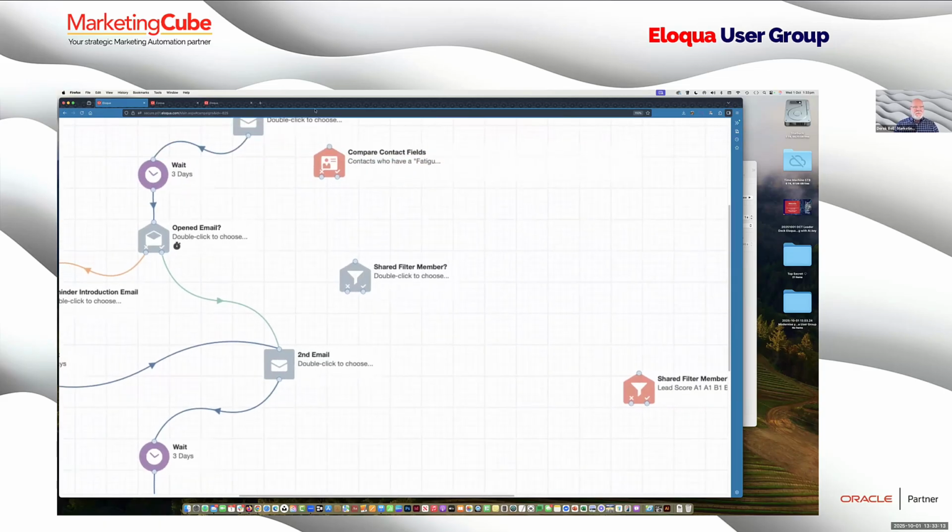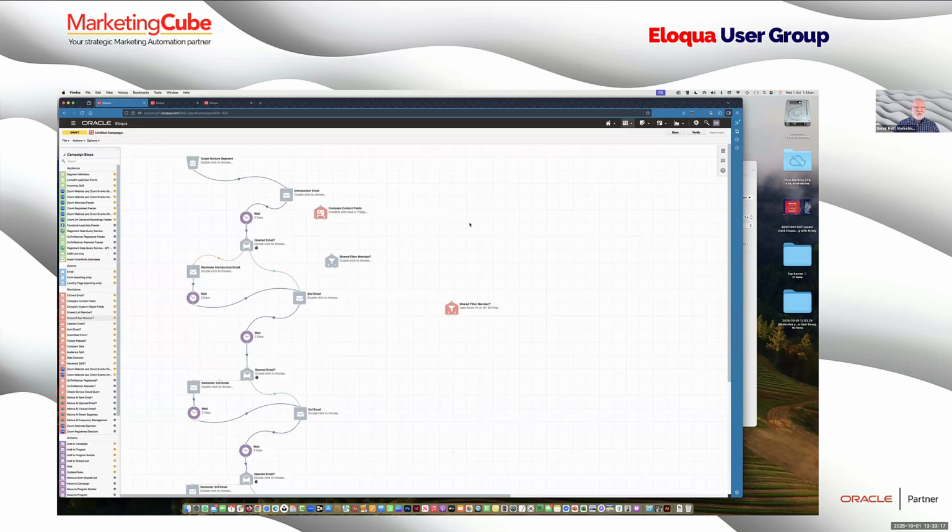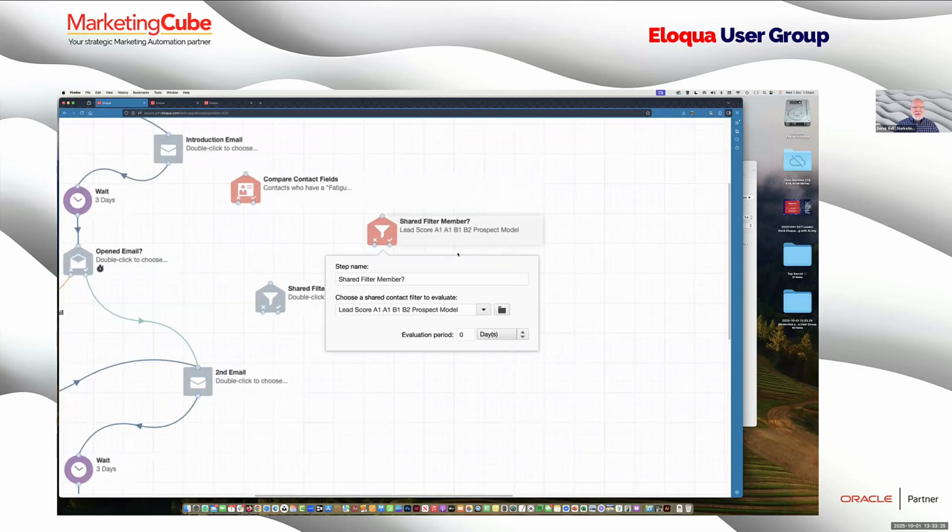So when you create segments, you've got exactly the same function available to you, so it can help from a filtering criteria. Now, the other one that you can play with is the lead score. And so here, what I've done again is create a leads or a shared filter that reflects my specific lead score model, but only